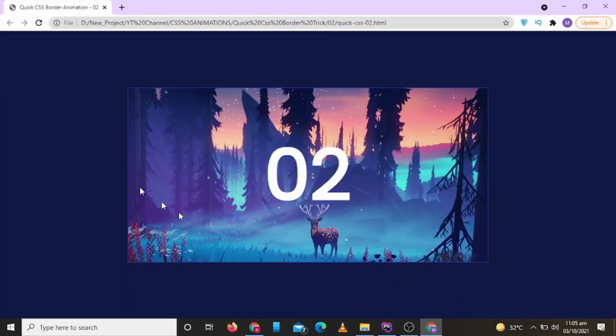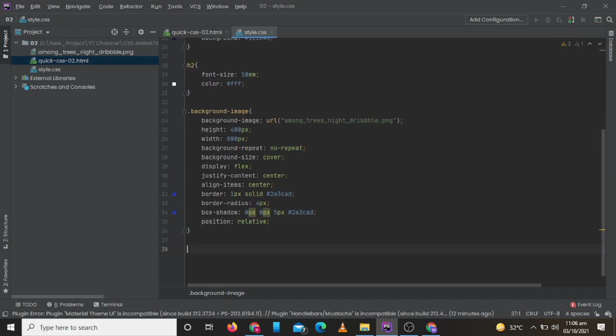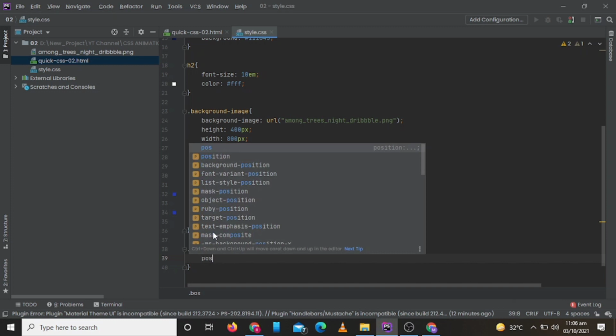Let's check now how it is looking. So our shadow and border is also added. So let's add some background for our box element.